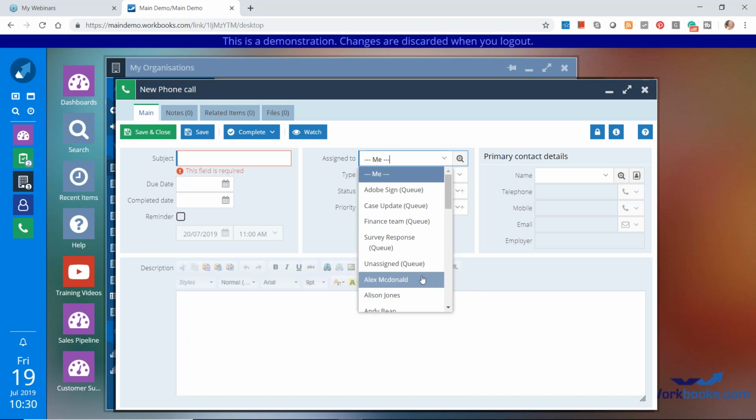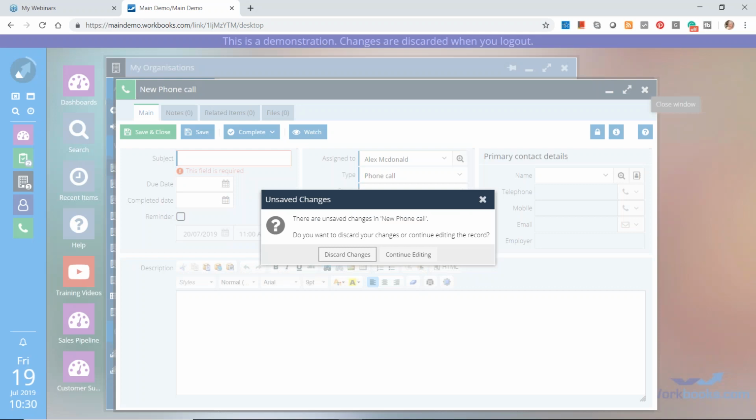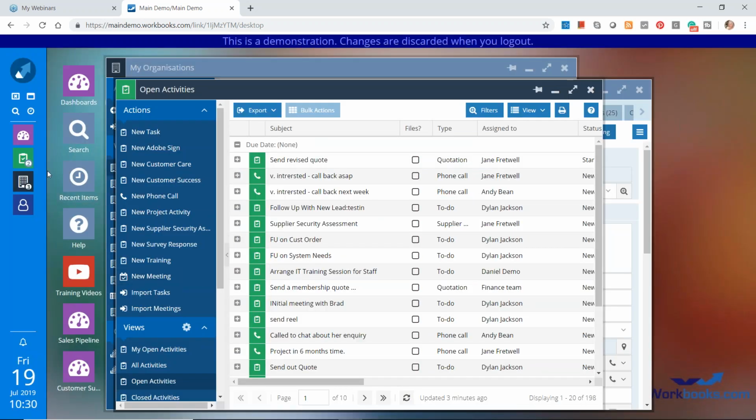So you can then schedule, create this activity for another user, Alex. Alex will get this activity. Alex will know where it came from. Alex will have loads of notes relevant to the call as well. So Alex won't need to come back to you to ask, what's all this activity about? Everything is in one central place. So an easy way of delegating these activities as well. Okay,